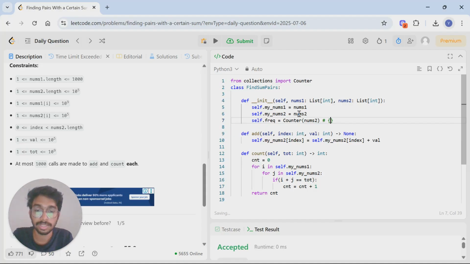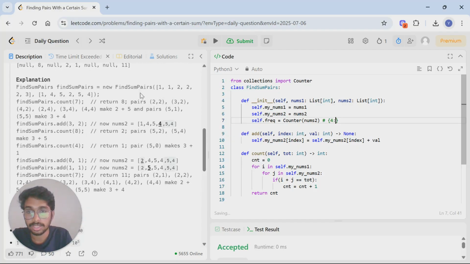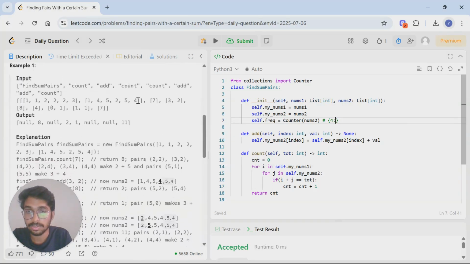It will return our frequency in the format of, let's take this example. Here, how many ones do we have? We have only one 1, so it will have one count of 1. Then how many 2s do we have? We have only